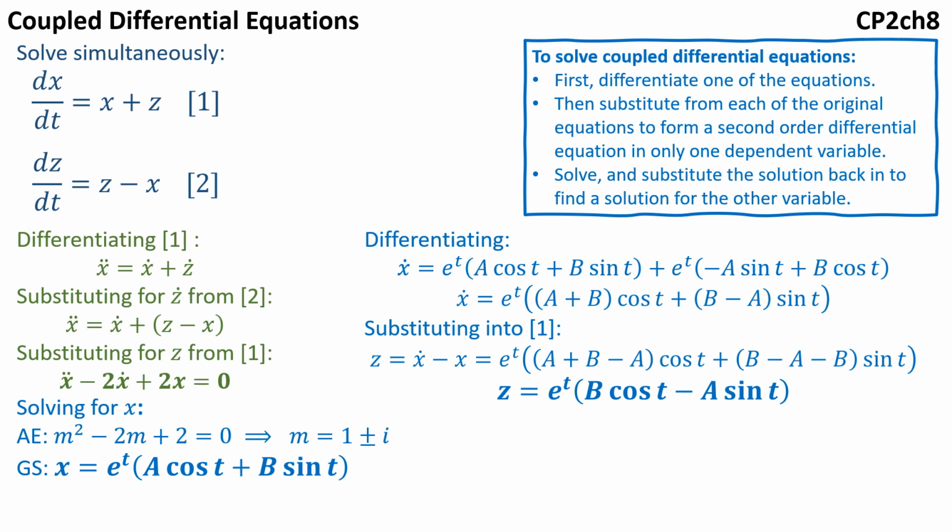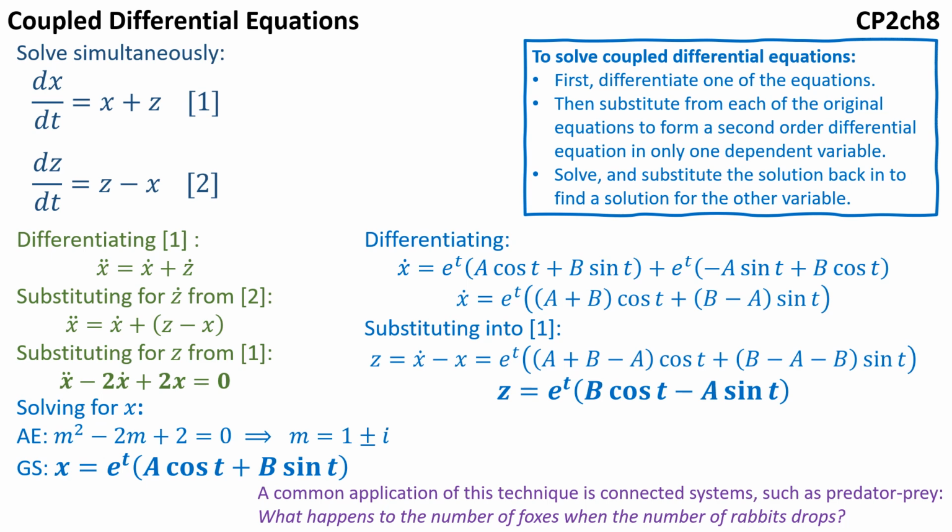As soon as numbers start getting messier, these start getting a little bit messier as well, but they'll still follow a similar format. And there we go. We've got a general solution for x in terms of t and a general solution for z in terms of t. Question to ask yourself here: if we're using a system like this to model the behavior of populations,